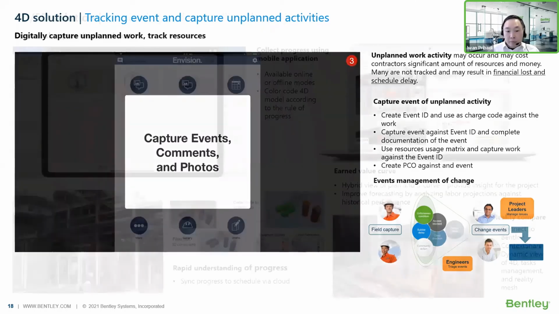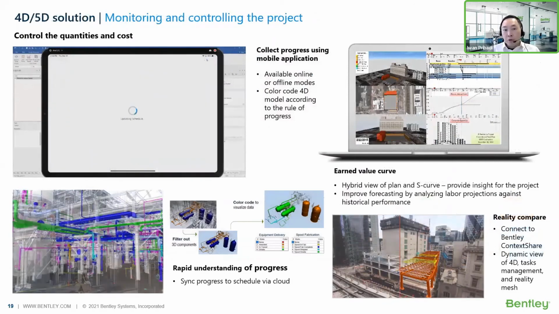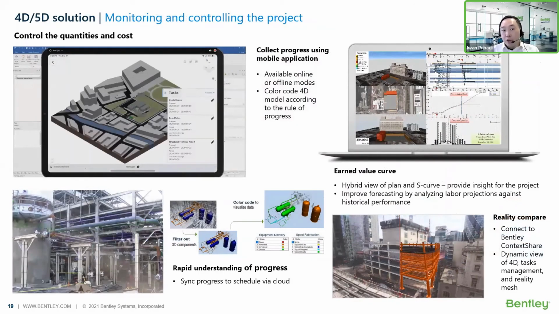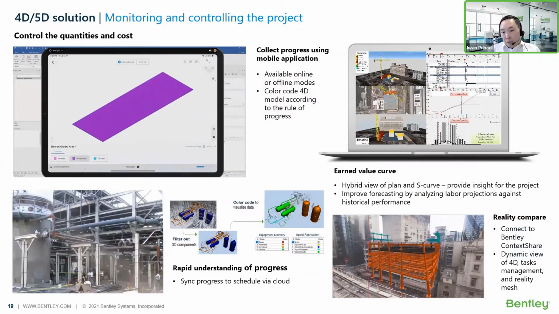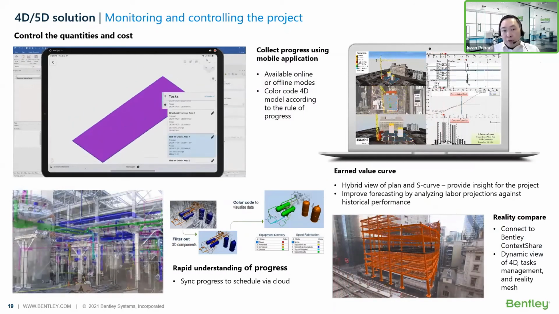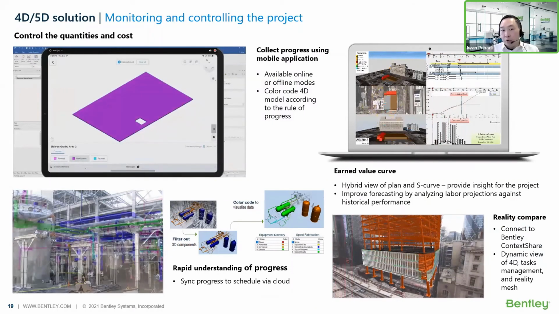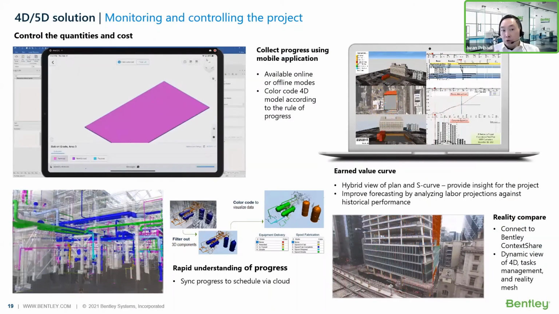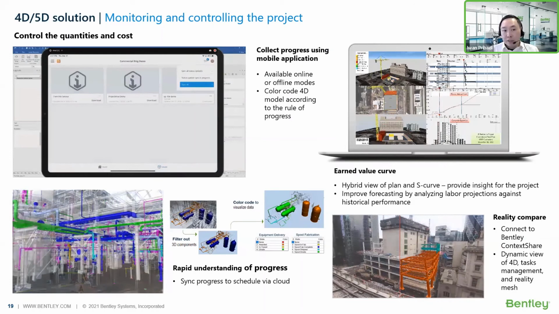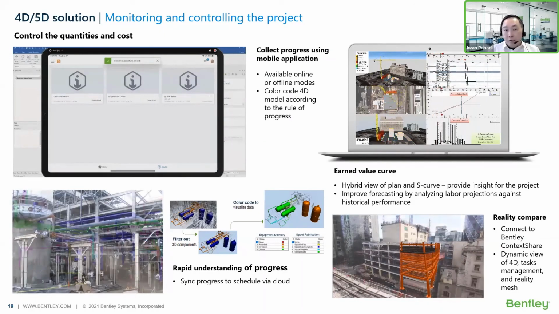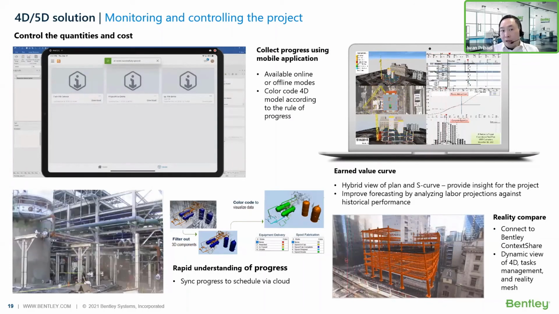The second aspect of progressing is about capturing what you earned, right? So if you're installing a piece of foundation, for example, you need to earn that foundation work in terms of quantity. Now, with the 4D technology, you don't really have to capture this progress collection manually using a tabular type of form, but you can use the model and color code the model according to the progress that you make that day. The value of this color coding is huge because